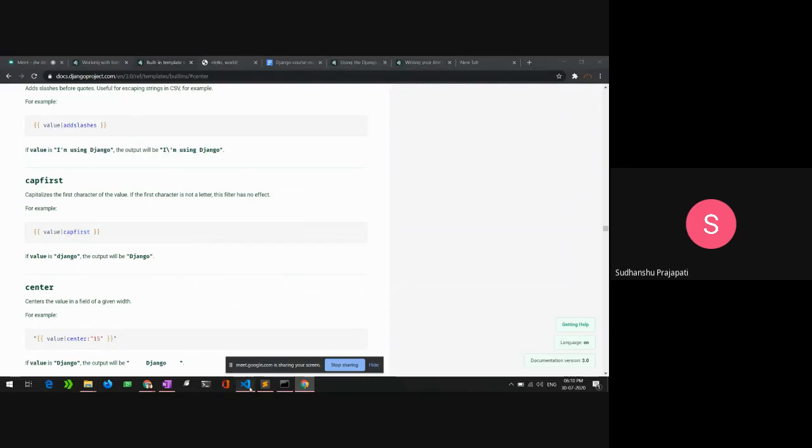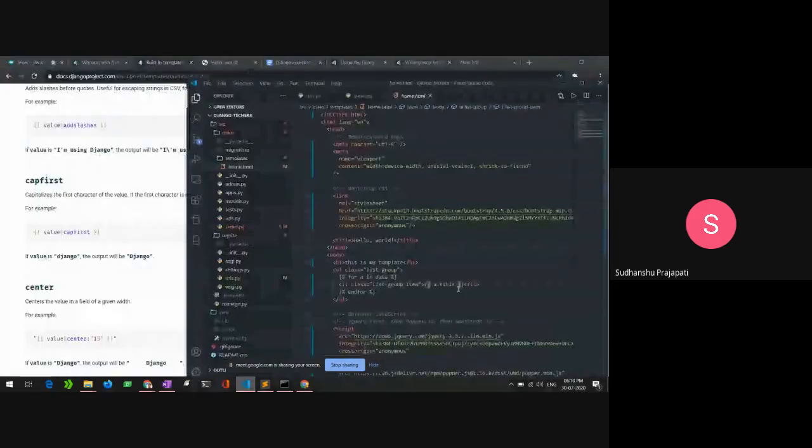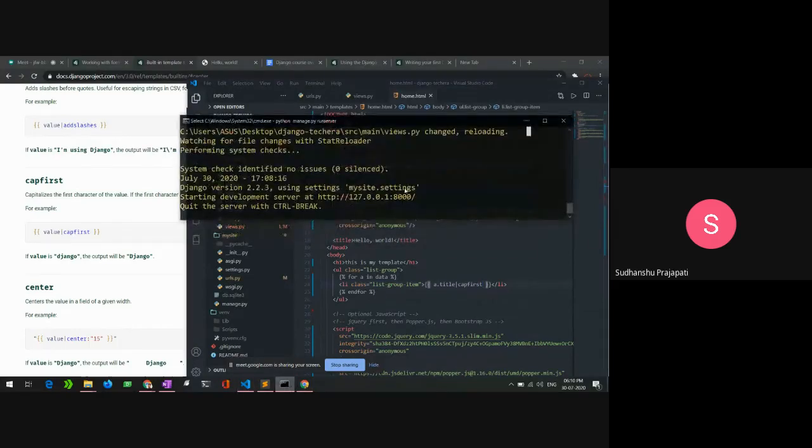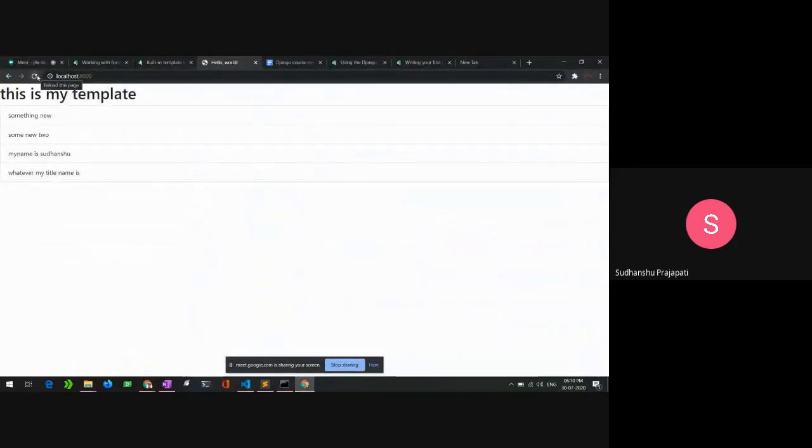In my case, it is data.title, and I will write capfirst here. After that, I'm saving my file, and my server is already running. I hope yours is too. After you reload your localhost homepage, you can see all the things here are now capfirst.